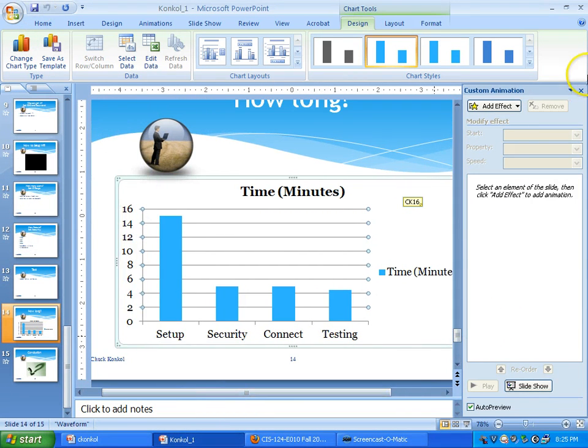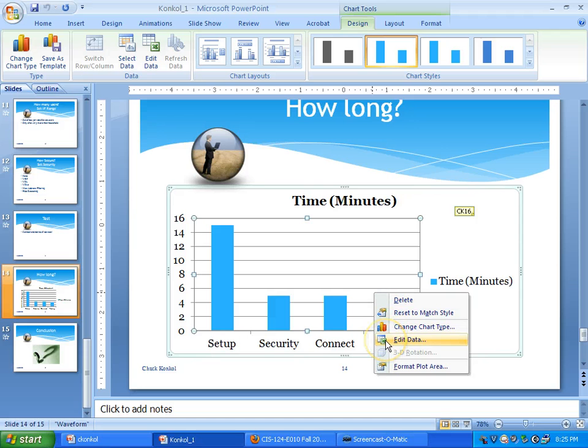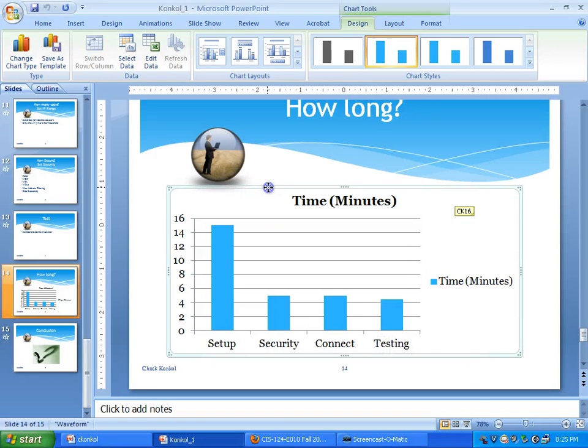So this chart's actually embedded in the PowerPoint slide. Let me get rid of that custom animation. It's embedded in the PowerPoint slide, and then to edit data, just right-click, edit data. So